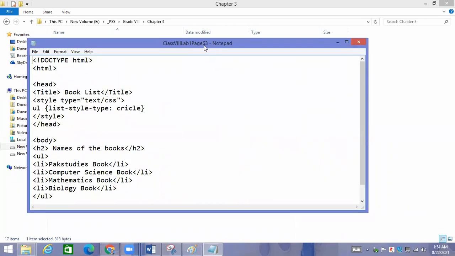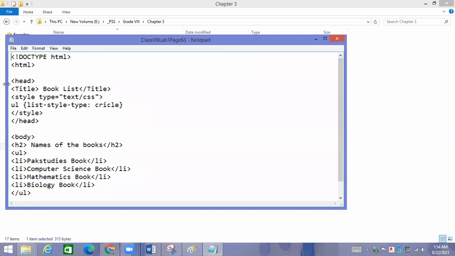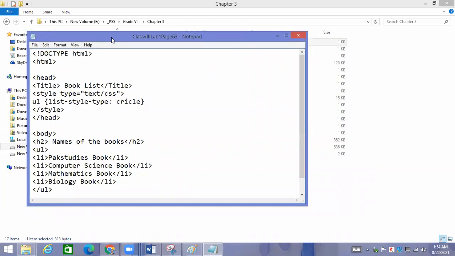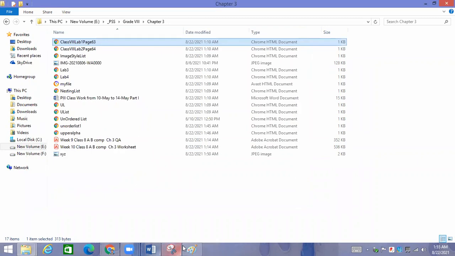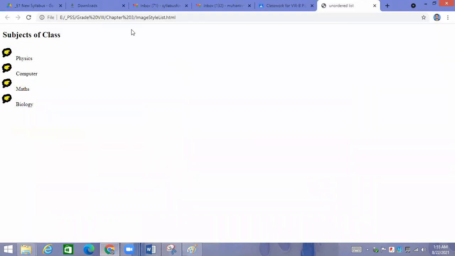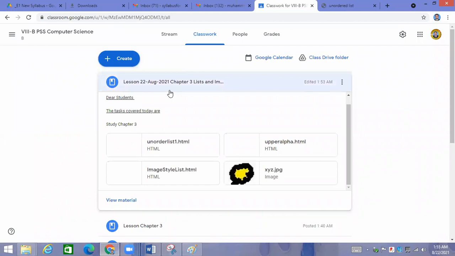And we will do the complete chapter reading as well, so that if there is any point, now you will be able to understand, because we have applied all these things. When we do the practical, then we become able to know what the meaning of a particular code is. So I have not only explained to you, but also applied all these things so that you can see the output, and I have given you the complete data in your Google Classroom so that you can download it from there.